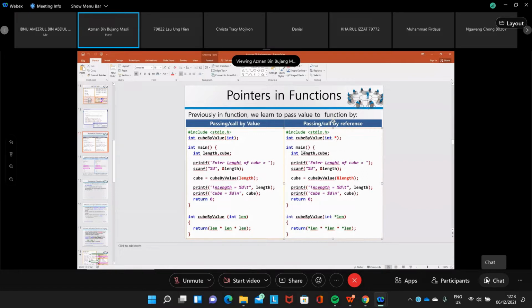The pointer points to variable length, so it will access the value in that location, and then multiply the value by the value.